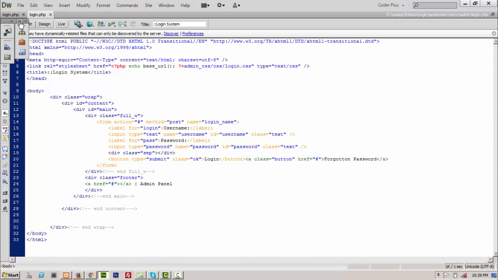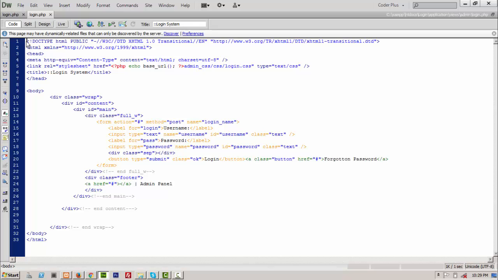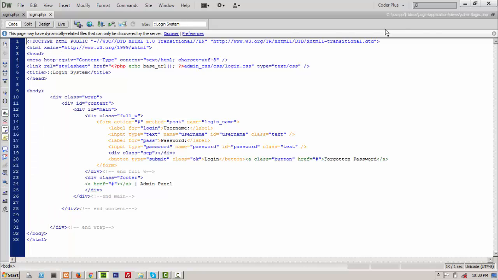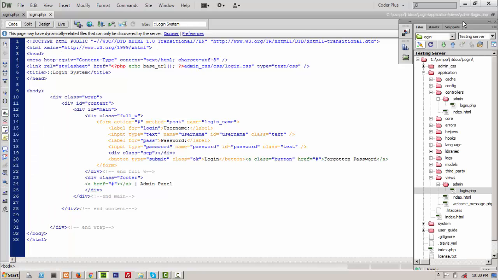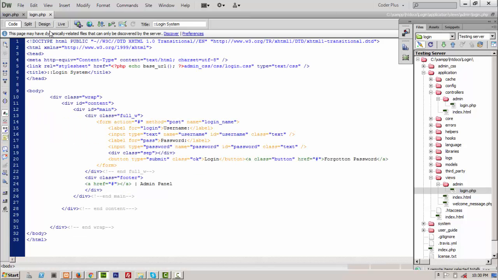Why is it not appearing? Shift it down. No, let's move back and shift it to the right. I think it's overlapping our inner page. View is open. First